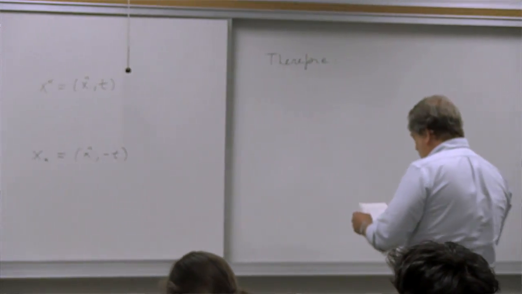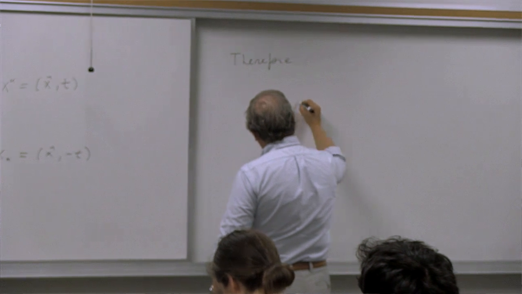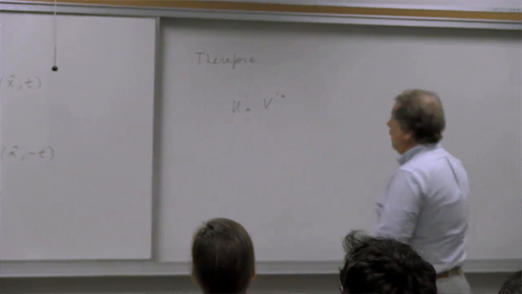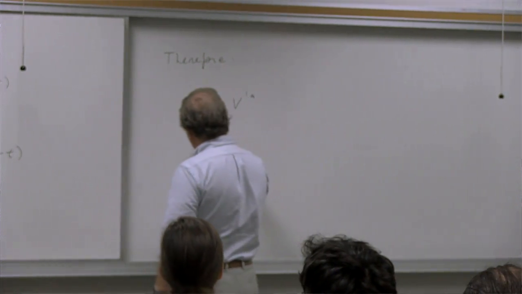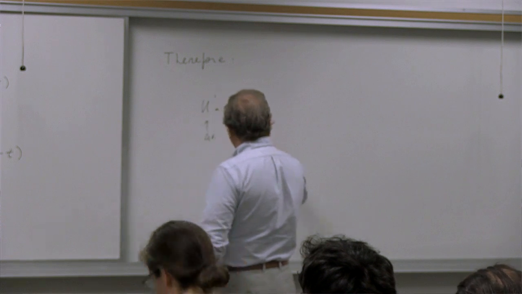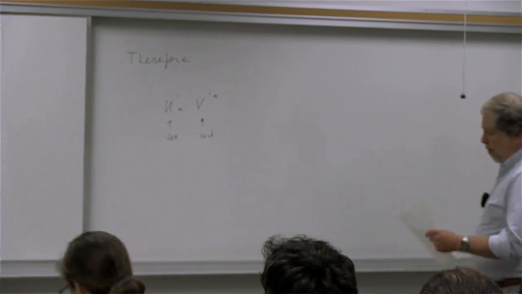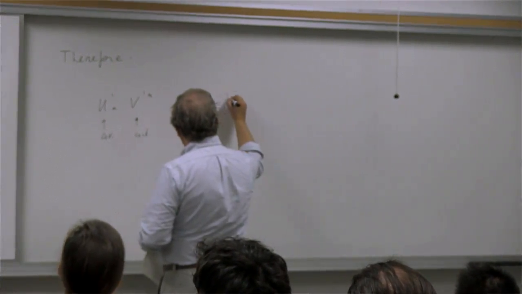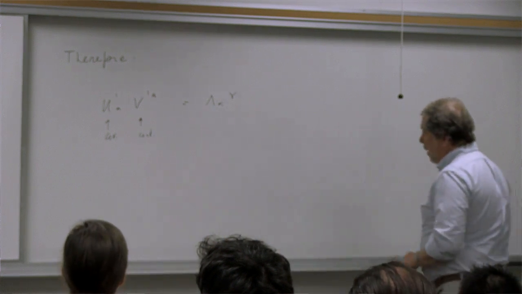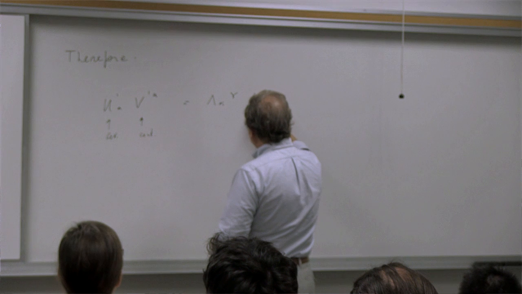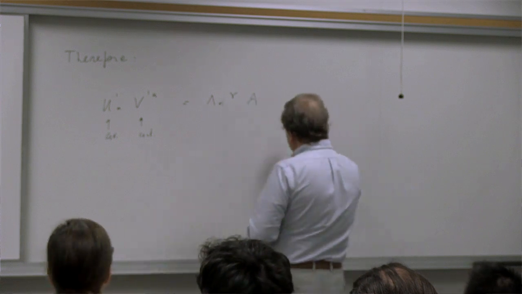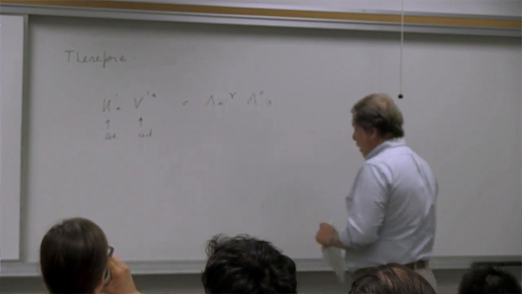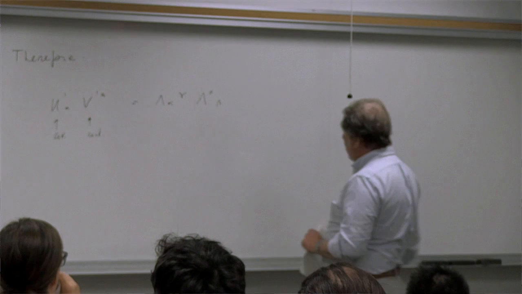if you take u prime alpha and v prime beta, with the index up, now like this, right? So this one is covariant, and this is contravariant, right? Then the transformation law is what we have over on that side. So this is equal to lambda alpha gamma for the first one, right? And lambda alpha beta for the second one, and then times u gamma v beta,